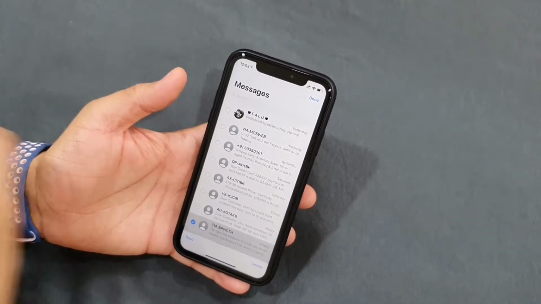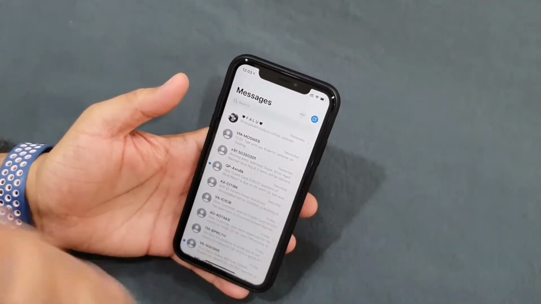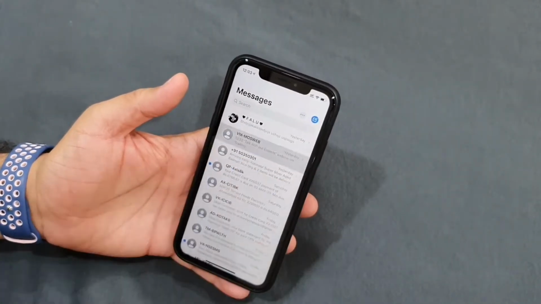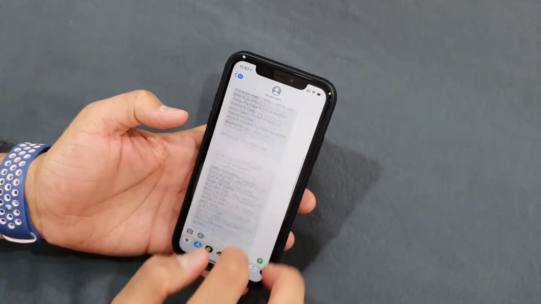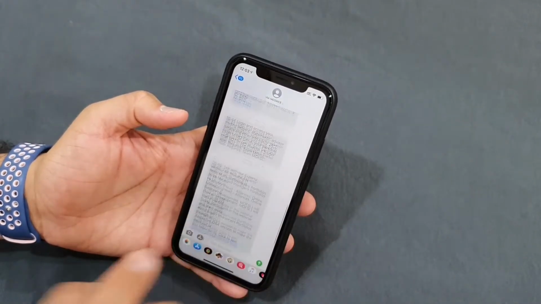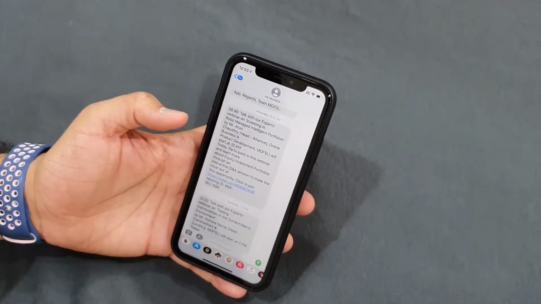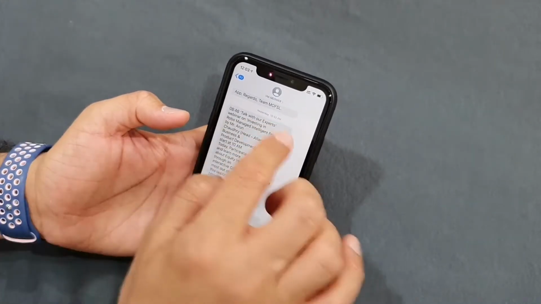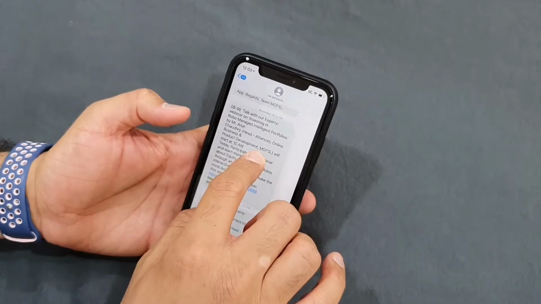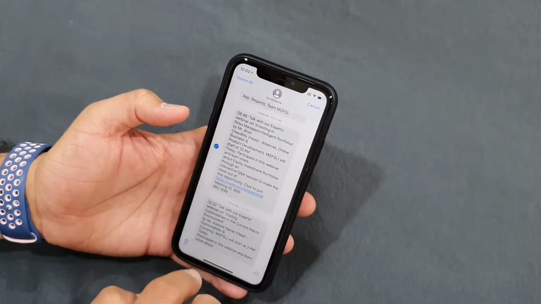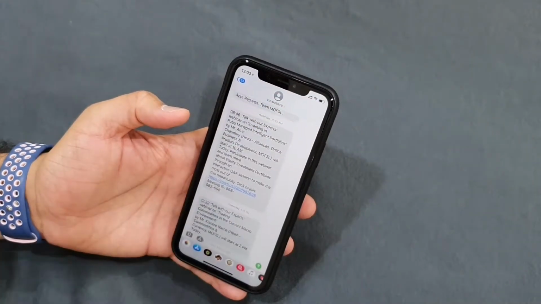Now if you want to delete a particular message, what if you have a long list of messages and you want to delete only one? For example, let's say I want to delete this message. What I'll have to do is long press it, then tap more, and then delete it, right? What if there is an easier way?